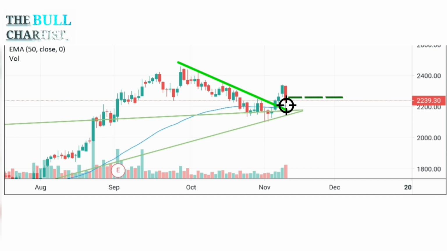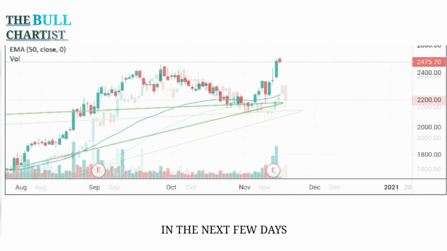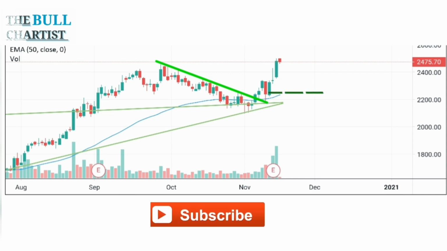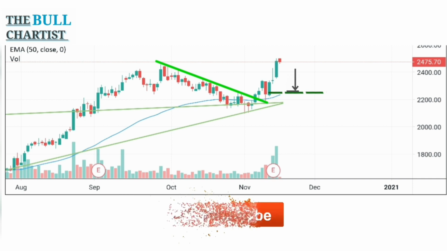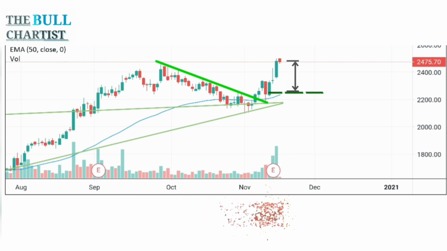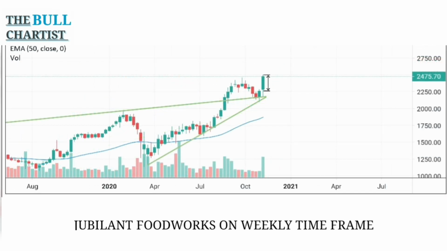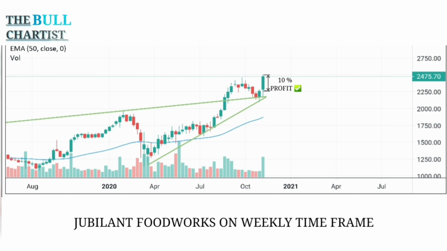So these are all live charts and you can have a look at them using your trading software. This is the chart a few days after entry. You can see that the prices got rejected from the support zones and formed bullish candles. This has given a profit of around 10% in 4 days. Getting back to the weekly time frame, we can see how price action has actually worked.